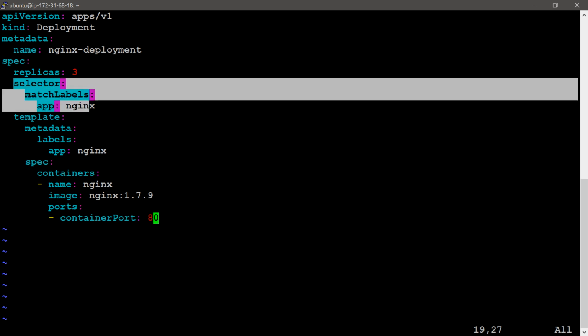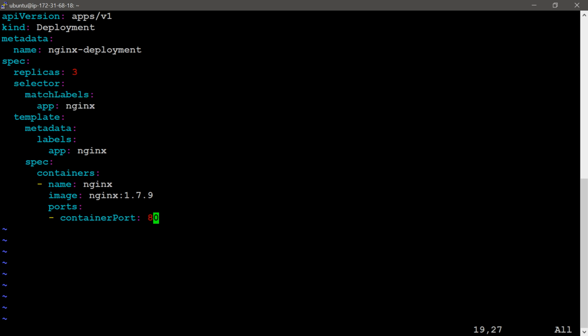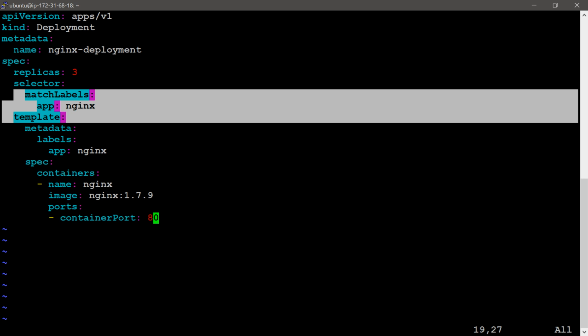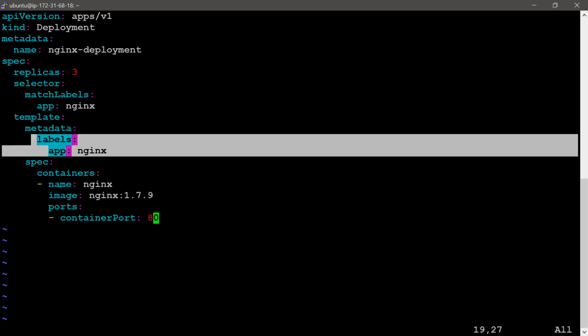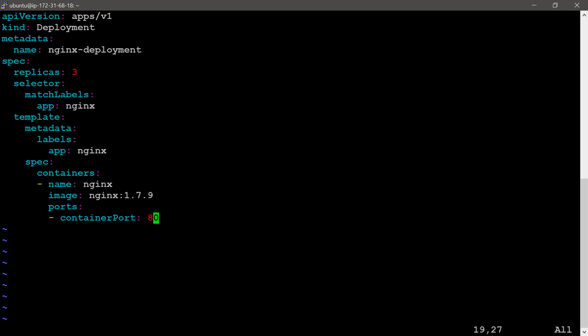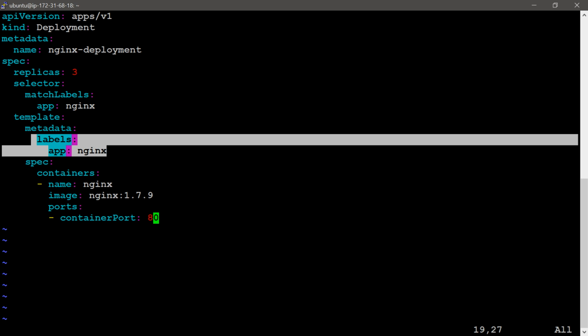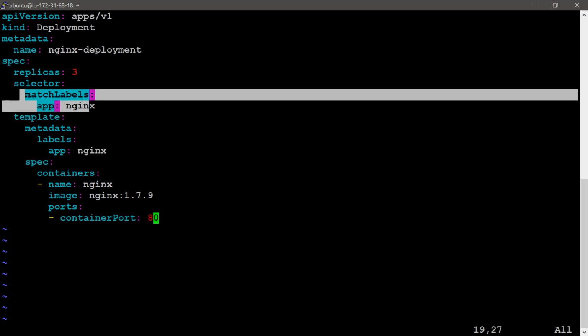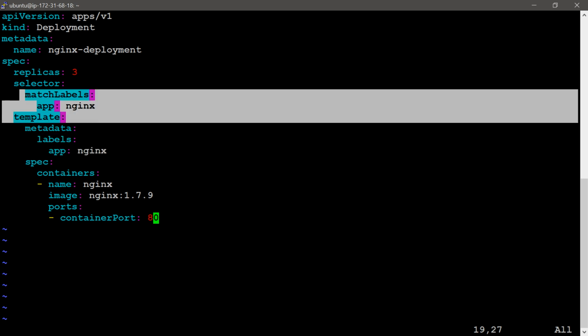The deployment will manage all the pods whose labels match this selector. Here, labels and selectors I already explained in the previous video. These labels and selectors are important to select the particular key value pairs.